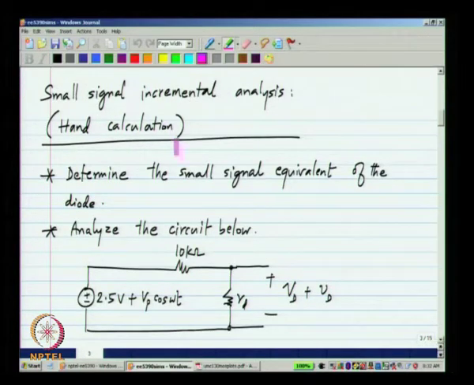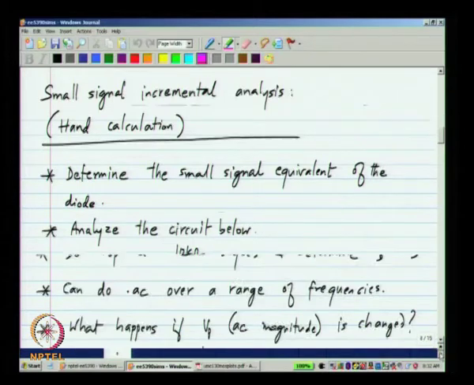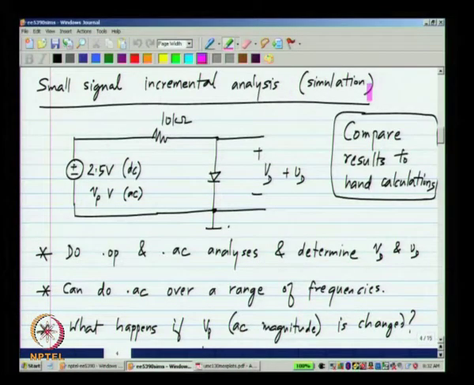So, again you can do the AC analysis. Let us say first you do it by hand, you calculate what you get out of the linear small signal equivalent circuit, where you replace the diode by its small signal equivalent circuit, and find out what comes out, the incremental VD that comes out. And then you do the simulation, you do the DC operating point and the AC analysis and compare the results.